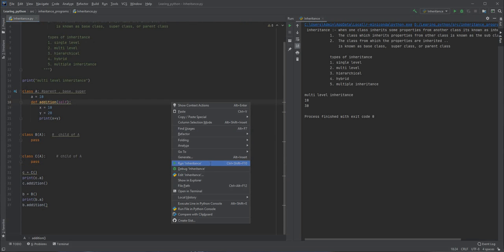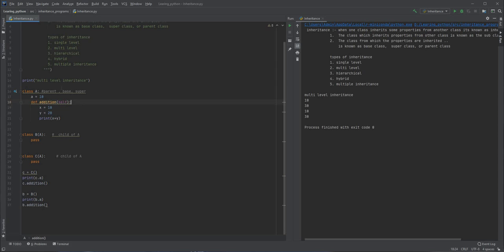So now let us run this, and let me just change this name here to hierarchical inheritance. So let me just copy this name from here, let me put it here. Let's save this example and run it. So hierarchical inheritance, we are going to get like this. Okay, when multiple child classes access from one single parent class, that is called as hierarchical inheritance.